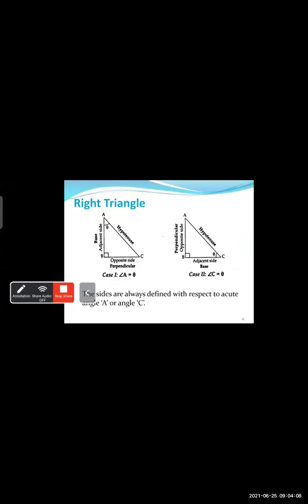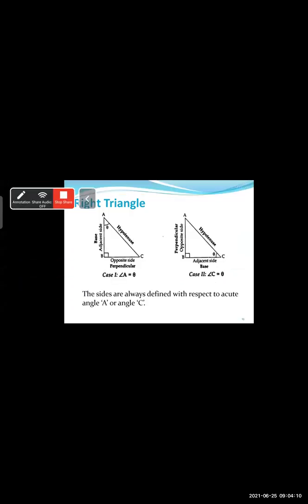Now, see in the figure, right angle triangle. So here we discuss ABC is a right angle triangle, B is 90 degree, and angle A is theta. In the second figure, ABC is a right angle triangle and angle B is 90 degree, but theta is made at vertex C. So hypotenuse is common, that is opposite to B is AC. Same in the second figure, hypotenuse is AC.